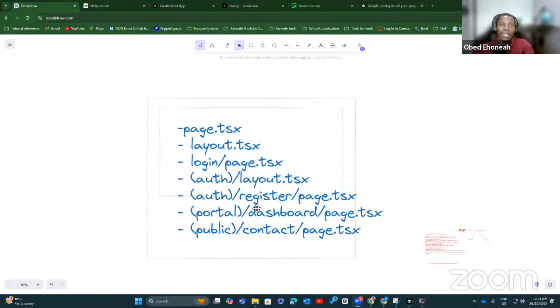Let's say we have admin/register, then we have user/register. In that case, it makes sense not to group them this way. Let me illustrate this.